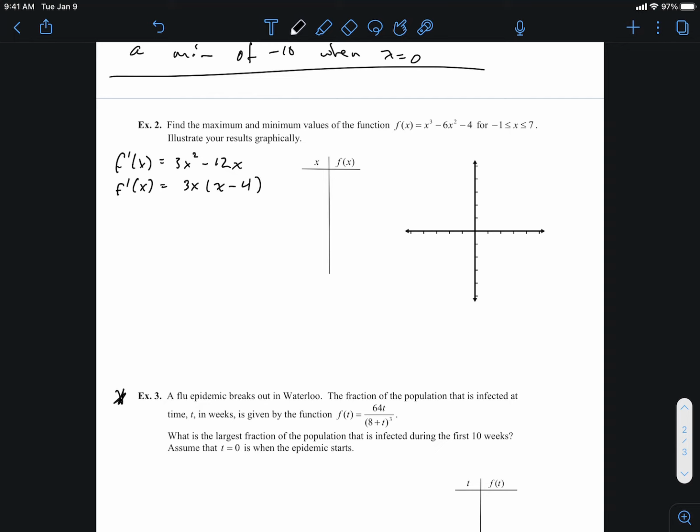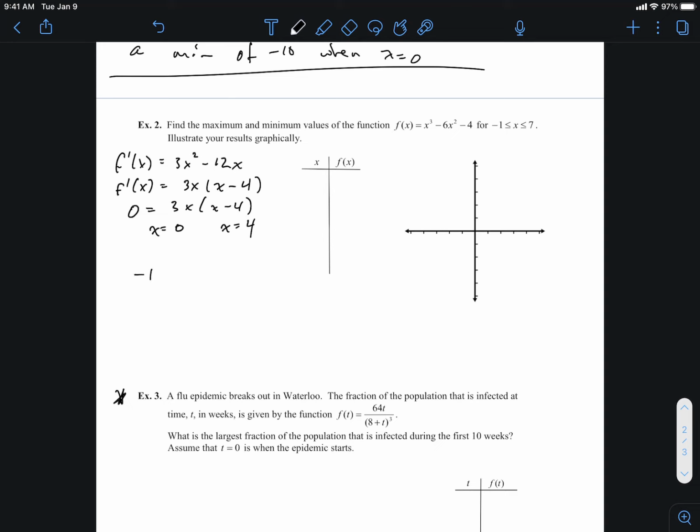Okay, now it says set this equal to 0, so 0 equals 3x times x minus 4. And so we could have two possible values that satisfy this expression, right? x could equal 0, x could equal 4. You would have seen this in this morning's investigation, and we're going to do more of this, obviously. Here's your interval,